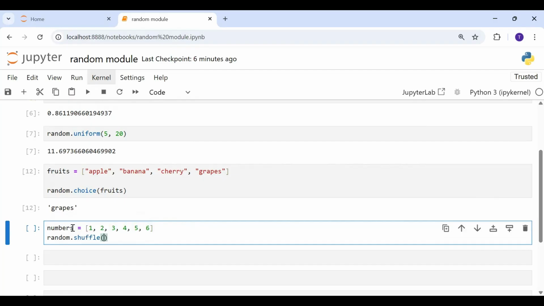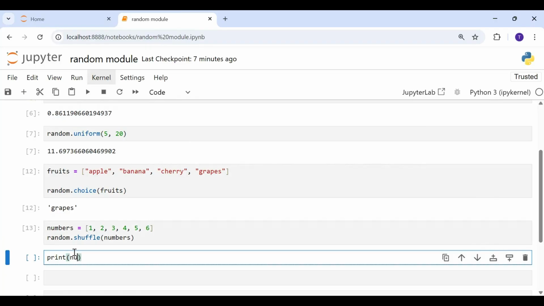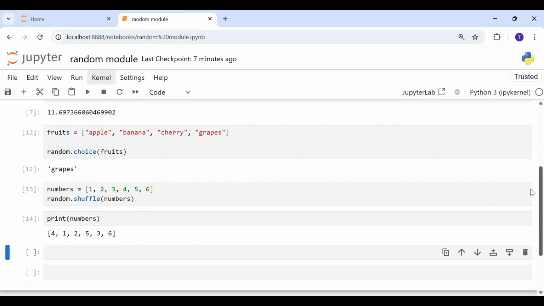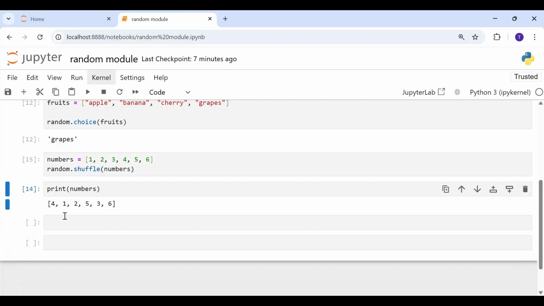And then the list that you want to shuffle. Now it will change this list. And now if we go ahead and print this list numbers, you can see the items have been shuffled.